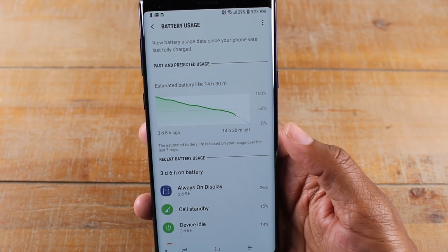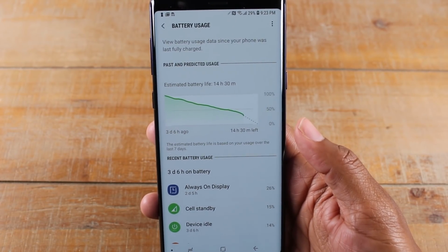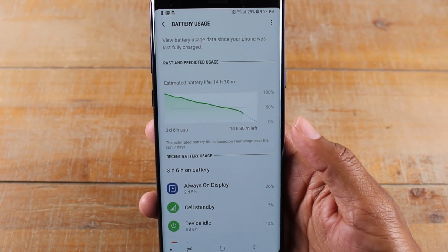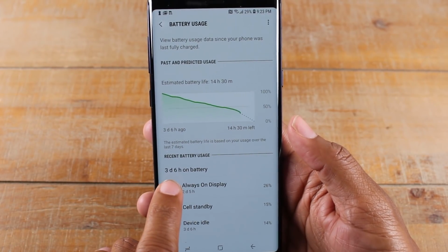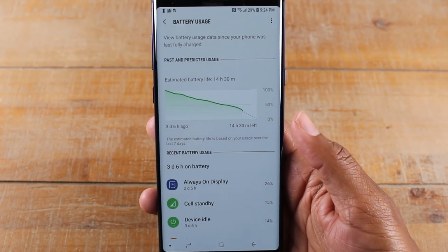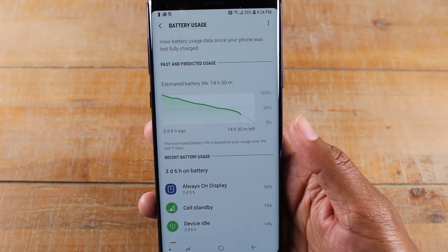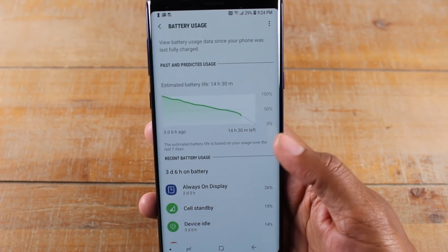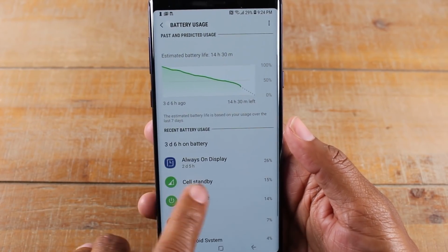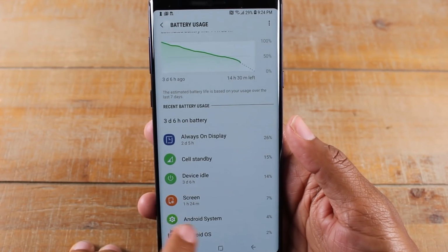And so if you notice, this is crazy. I've had this phone for a couple of days. I have not plugged it into charge yet. I just wanted to see how well the phone did on standby. And this shows you three and a half days is how long I've had the phone on, but not actually like been doing a lot. I haven't plugged it in, I just let it go. And my always on display used the majority of the battery,